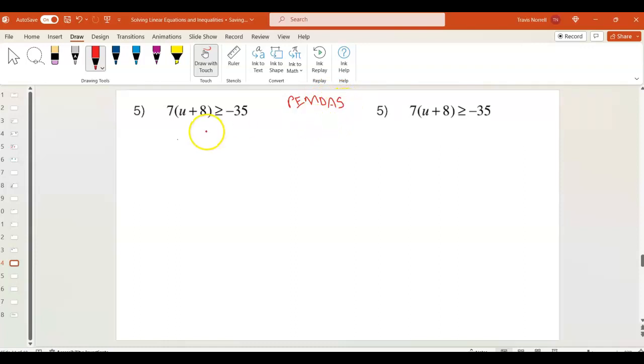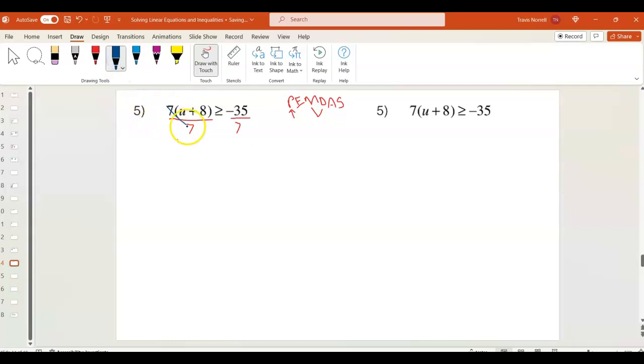Let's think of it as doing what's in parentheses last. So dealing with the multiplying by 7 first, which would be dividing by 7, doing the opposite. So if I divide both sides by 7, positive 7, because it's positive,